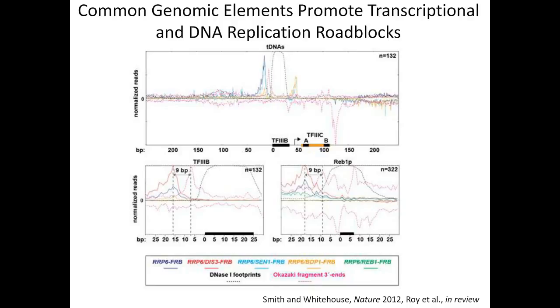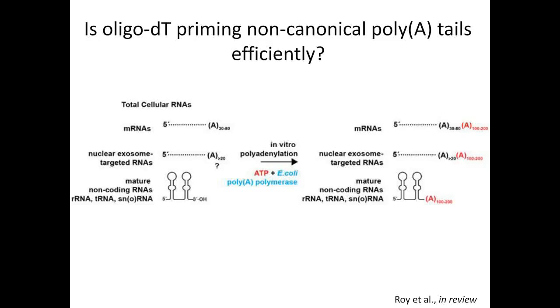That's a great question. So I skipped over that detail. The first time that we did it, we got nearly 80% of the reads mapping to the 3' end of ribosomal RNA, and that was really a waste of a lot of sequencing reads. And so the second time that I did this, we used the ribosomal RNA depletion kit after the in vitro polyadenylation, because these ribosomal RNA depletion kits typically don't give you much yield, so we